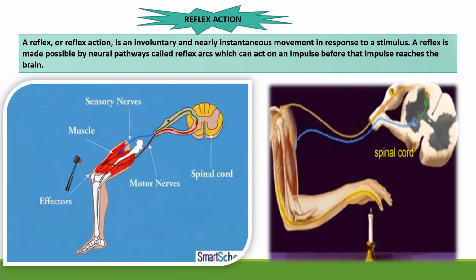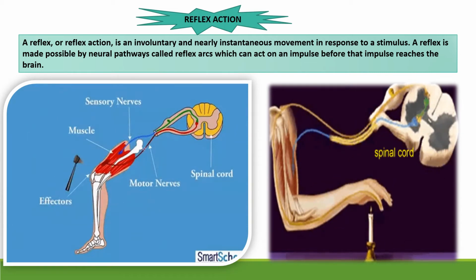Number 3. When a sharp tap is given by a neurologist's hammer to the patellar tendon, a brisk jerk, a sudden forward movement of the leg, takes place. This is known as the knee jerk reflex. Another example is withdrawal of the hand when it inadvertently touches a hot object.